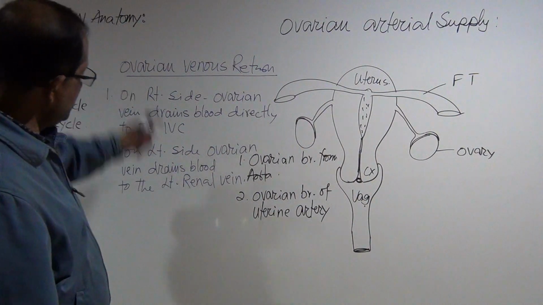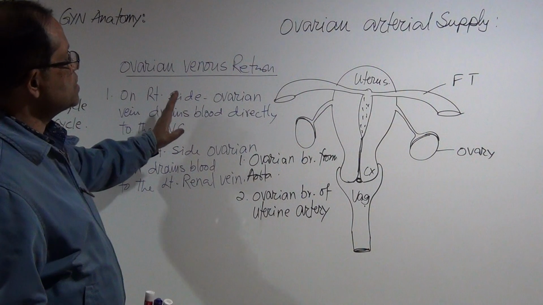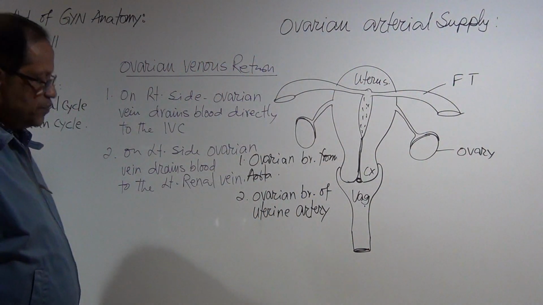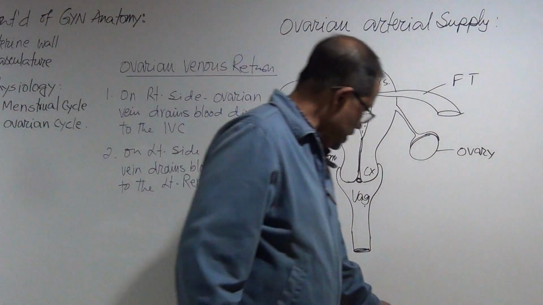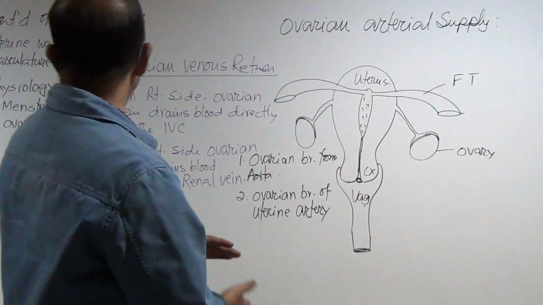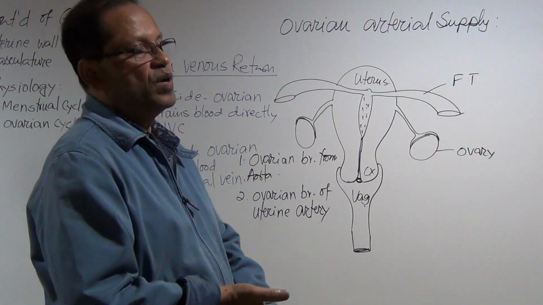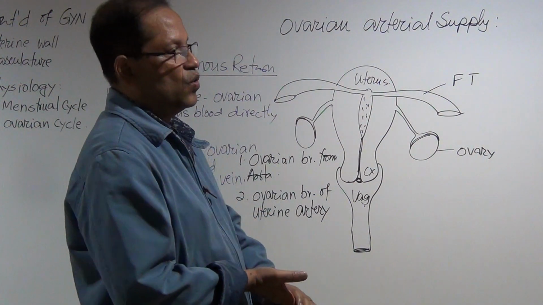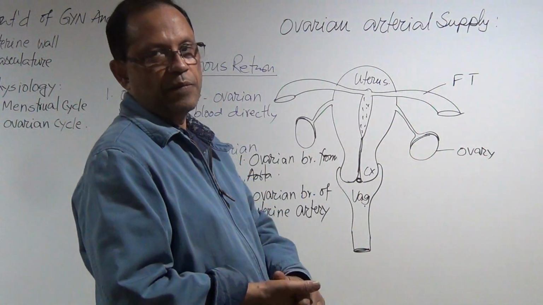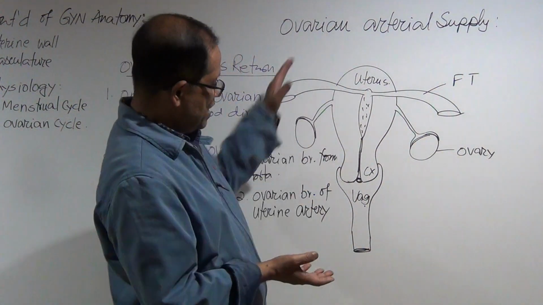Okay, so this is venous drainage, and this is arterial and vein. So I hope we understood the blood supply to the female reproductive organs, mostly the ovary, uterus, and also the fallopian tube. It gets its blood supply from the internal iliac and also the uterine branches. Okay, so everything is